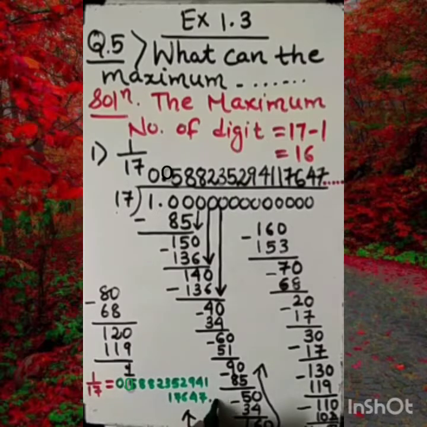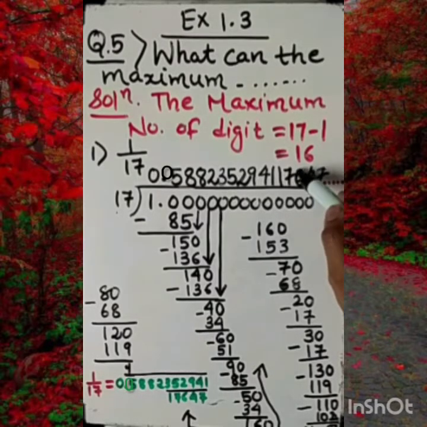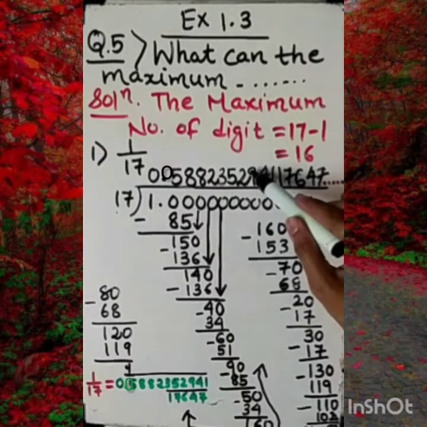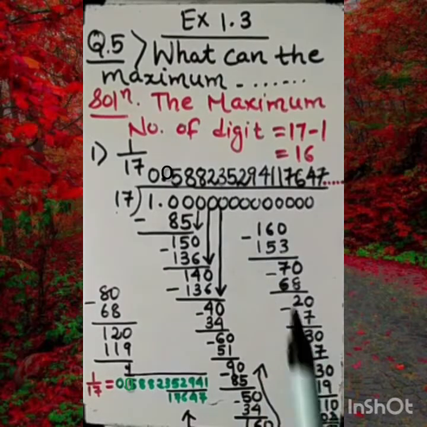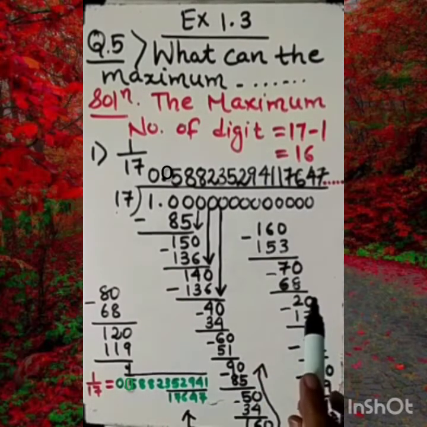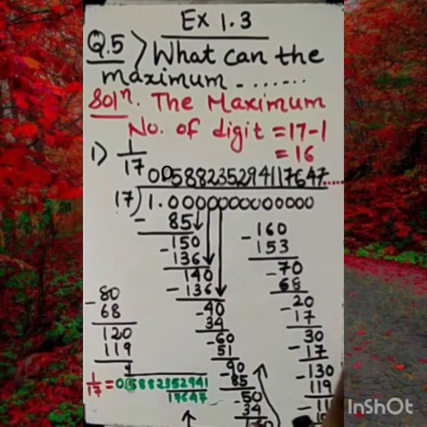0.5823512417 dot. If I am not writing dot here, then I need to put the bar on this number, because these numbers are repeated. These numbers are repeating continuously. So we need to write, it is the block of 16 numbers. You see, calculate it: 1, 2, 3, 4, 5, 6, 7, 8, 9, 10, 11, 12, 13, 14, 15. And this is the block, total 16 numbers. Okay, so this is the complete solution of whatever is required.